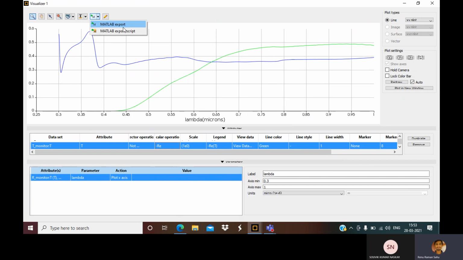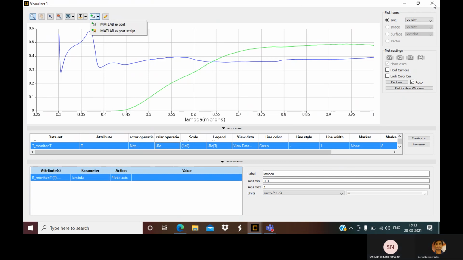Here you can directly export as a MATLAB script, meaning the code is automatically scripted. I have not used this, so I don't know much. Can it be scripted to Python directly? I have not used that, so I don't know.